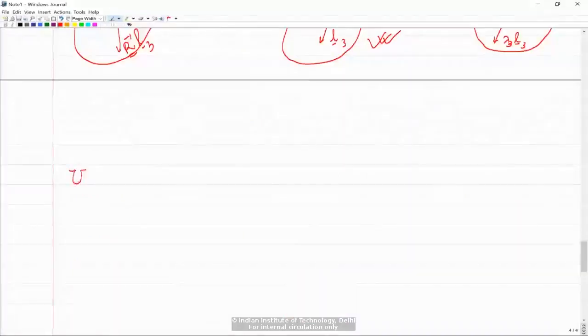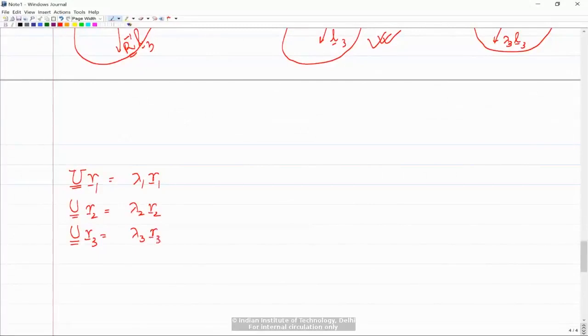You see, we know that U into R1, that's equal to lambda 1 R1, right? And likewise, U into R2, that's equal to lambda 2 R2. And finally, U into R3, that's equal to lambda 3 into R3. Okay, so